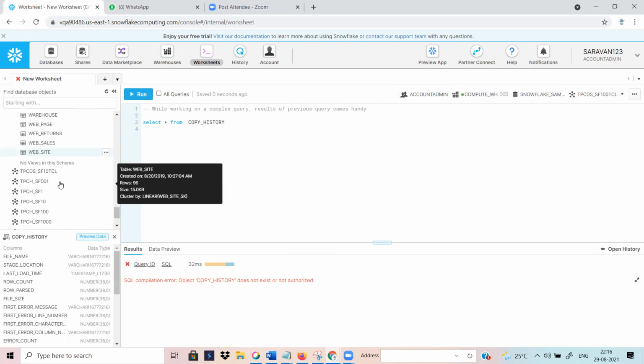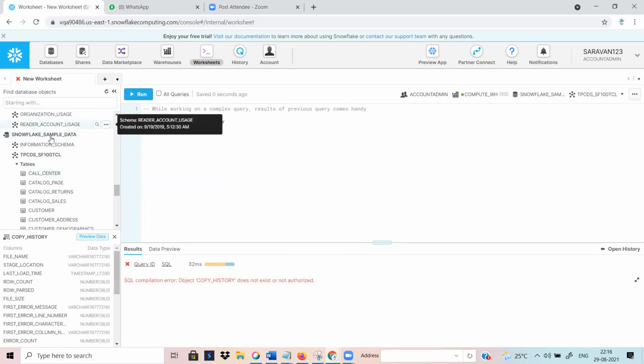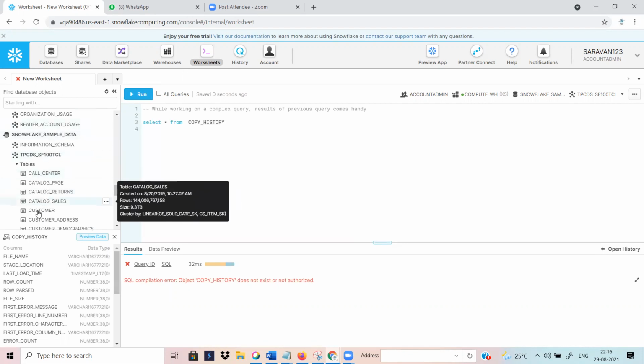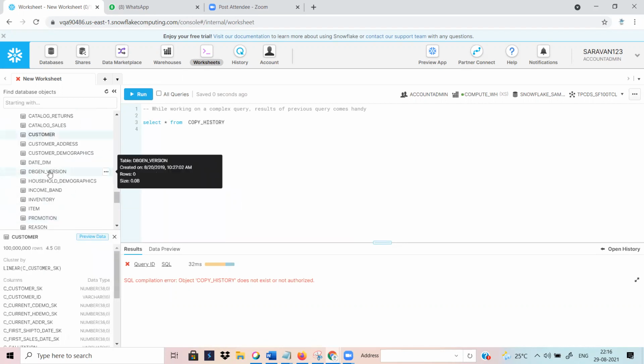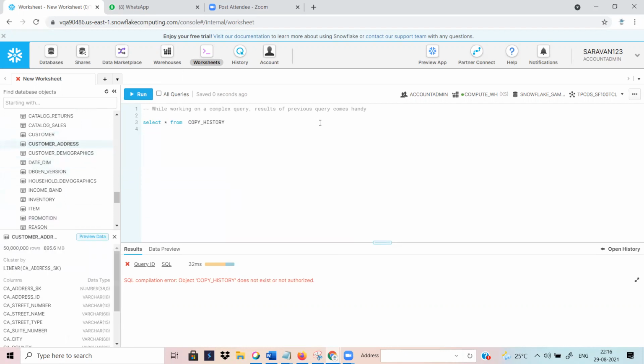Suppose I want to run the table directly from the corresponding database and schema. I am selecting the customer address table, and you can run that. The data is coming.